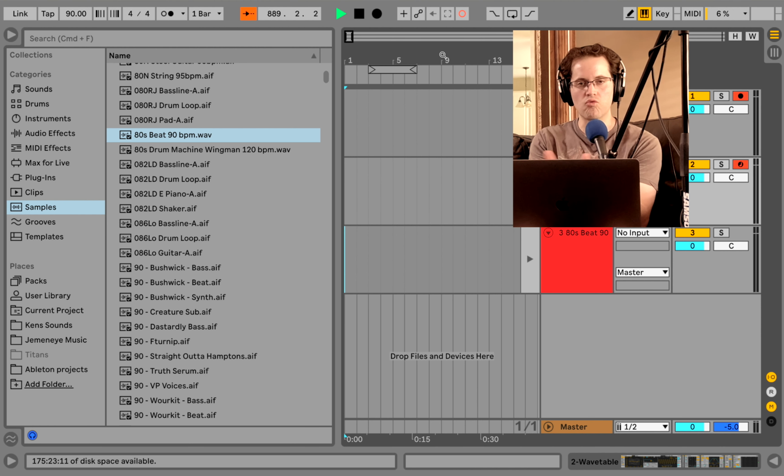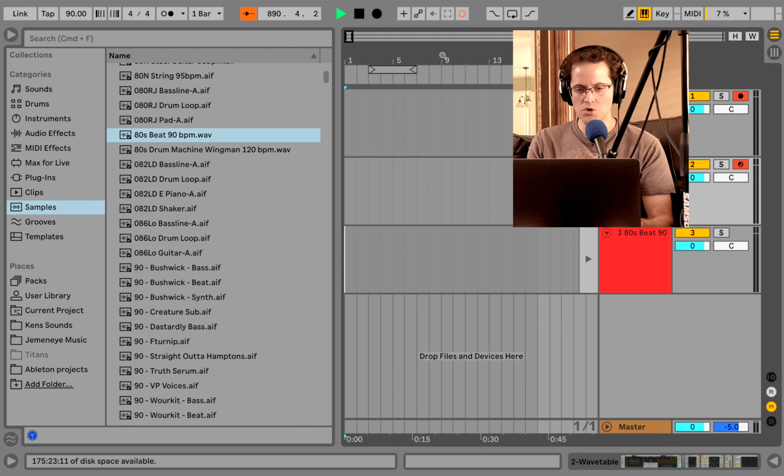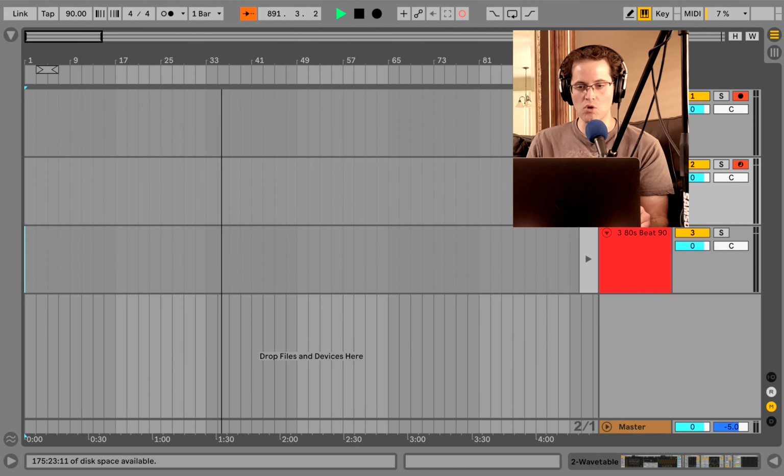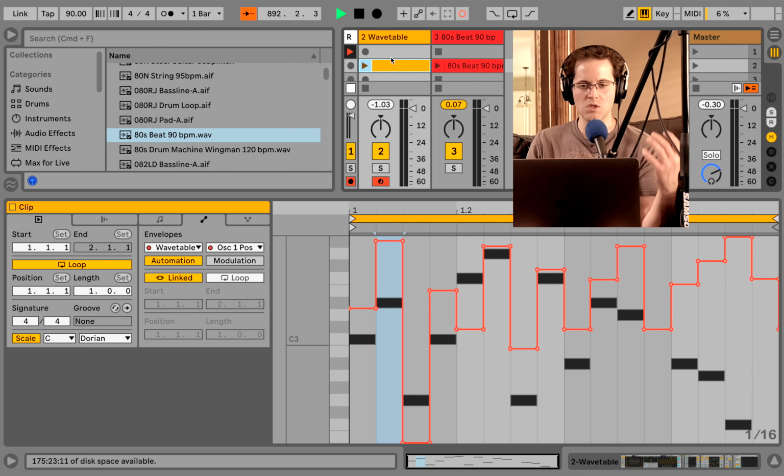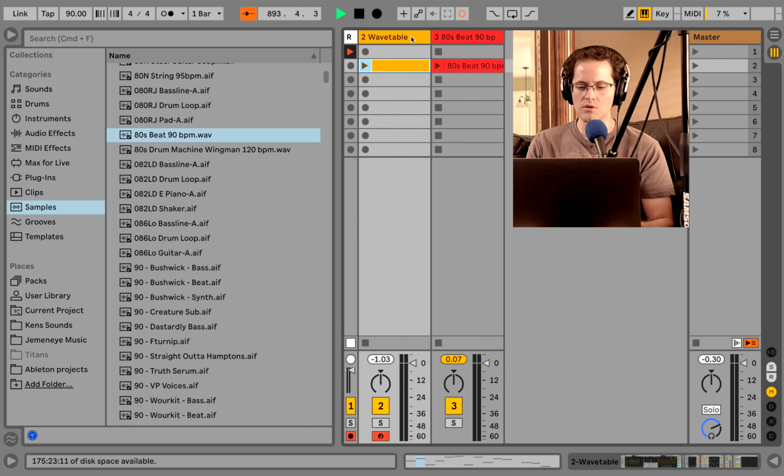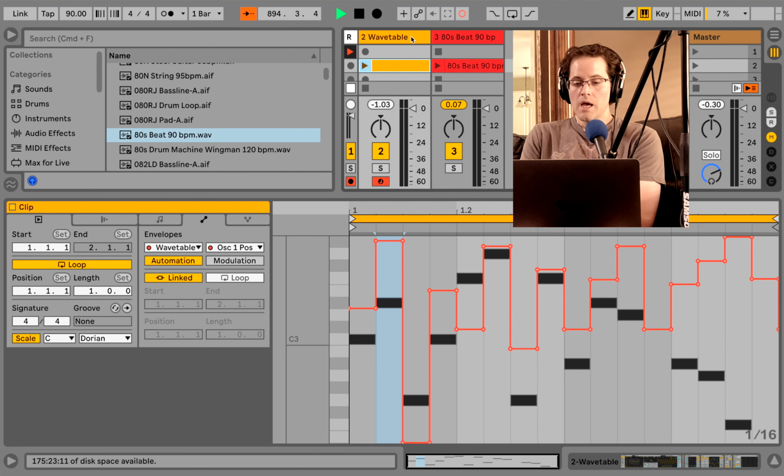When you're arranging a track, that's why they call it the arrangement page, because this is where you go to throw your stuff on the timeline and make stuff. But this is where you're really going to just play around with your stuff. This is the session view. And so I'm going to do a lot more of this, because the more you do it, the more creative stuff.